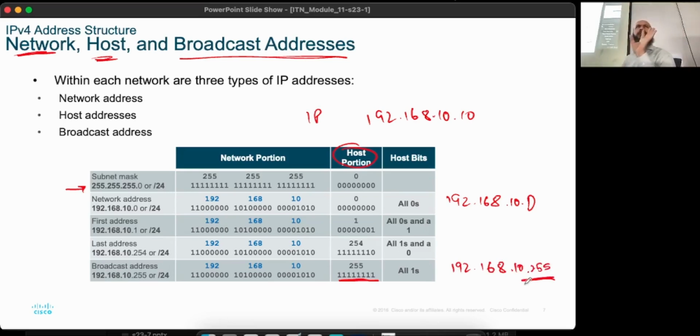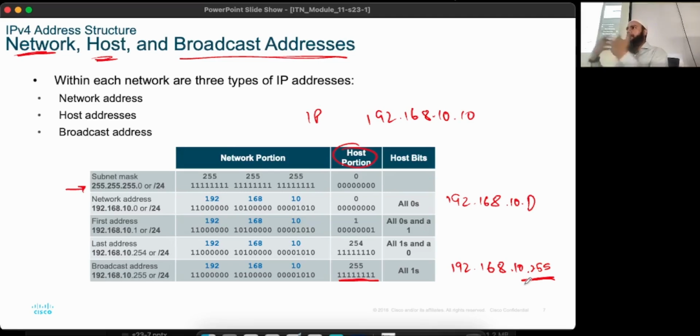Okay. You know what a broadcast is used for, right? A broadcast is if you want to send a packet to everybody on the network, you use the broadcast. On the Ethernet, you've seen what a broadcast address looks like. It's FFFFFFFF, all Fs. In IP, it's slightly different. It depends on your network address. So take the network portion and convert all the host bits to ones. So this is 11111. This turns into 192.168.10.255. This is your broadcast address.